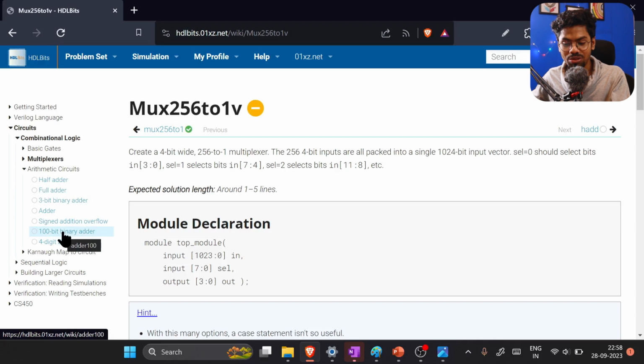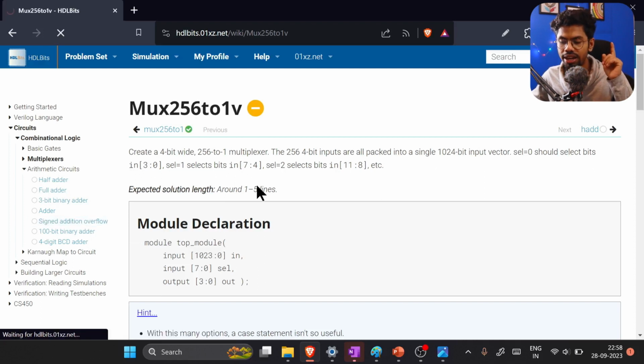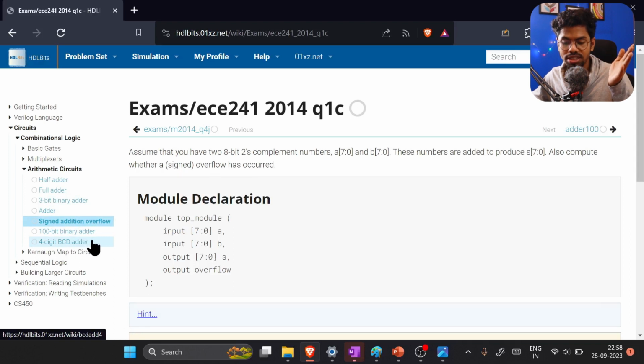The only important thing left in this one is the 4-digit BCD adder. I think we have not done it, but I have given it to you as homework, so we will try it if we want to solve it. But this signed addition overflow is important, because in the number system, anytime you go for a digital electronics interview, they will ask about the number system, right? So we need to get more of the number system. So I suggest you today revise your number system, like one's complement, two's complement, and tomorrow we will try to solve this one. Here they are using two's complement theory. So please revise your two's complement, and we'll see you with this problem, 4-bit digital and K-map also, and many other